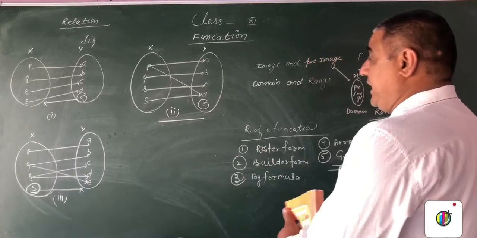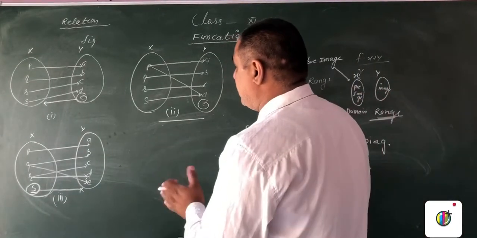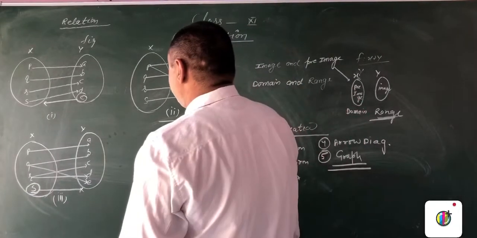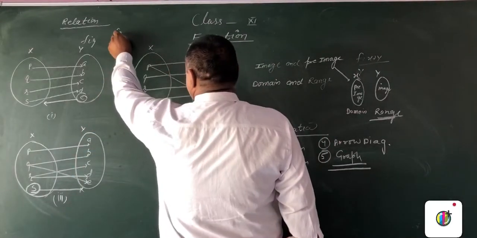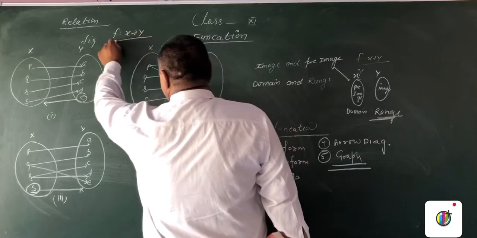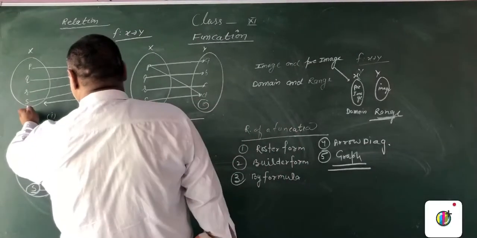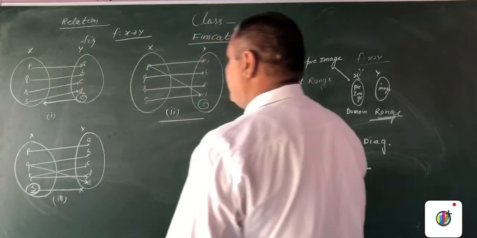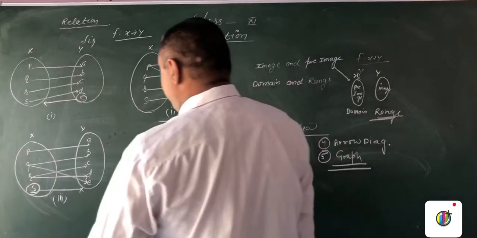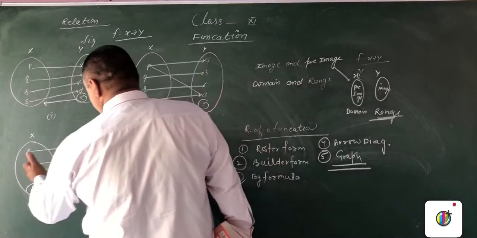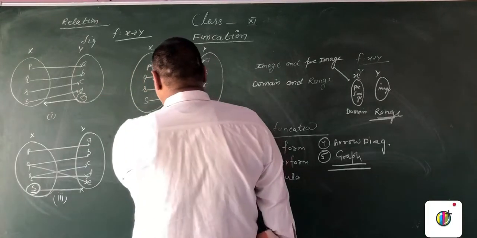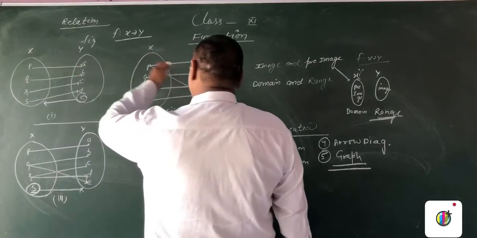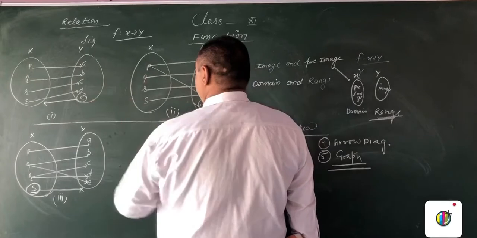Now function says that every element of x has at least one image in y. Functions कहता है कि कोई भी फंक्शन हो जो x से y के अंदर है, जहां कम से कम x का एक एलिमेंट y के एलिमेंट से जुड़ा हुआ होना चाहिए. कम से कम एक इमेज तो होनी चाहिए. कोई भी y का एलिमेंट ऐसा न हो जिसकी कोई प्री इमेज नहीं हो. इन दोनों डायग्राम्स के अंदर हमने चेक किया कि x के सभी एलिमेंट इधर जुड़े हुए हैं, y का एक एलिमेंट है जो यहाँ इससे एसोसिएटेड नहीं है.